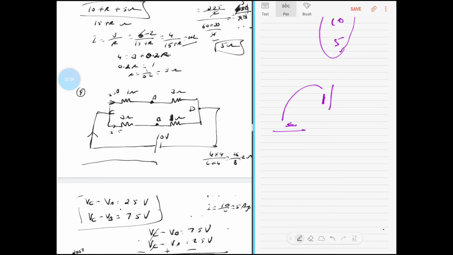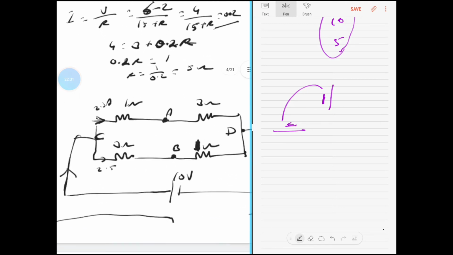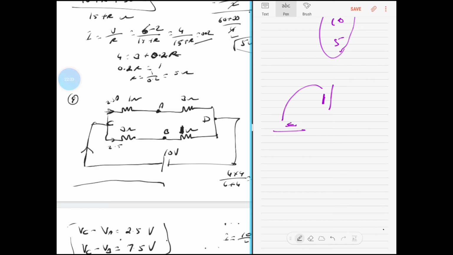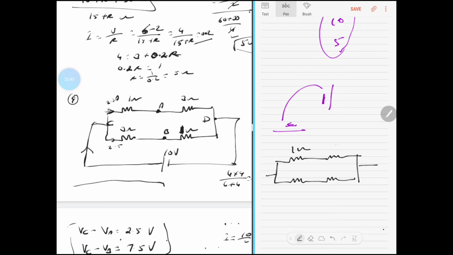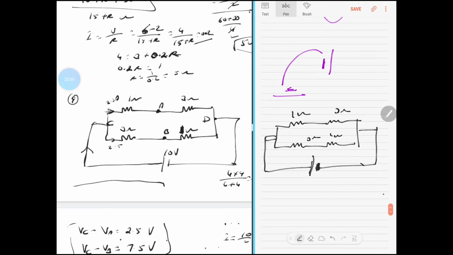The currents are not given. The question goes like this. There's a 1 ohm and a 3 ohm, and a 3 ohm and a 1 ohm, and eventually this 1 ohm and 3 ohm is in series, and this 3 ohm and 1 ohm is in series. You know, the current is going to get split proportionately only. So this is 10 volt, and I can find the current by equivalent resistance. At the top is 4 ohms, at the bottom is also 4 ohms.